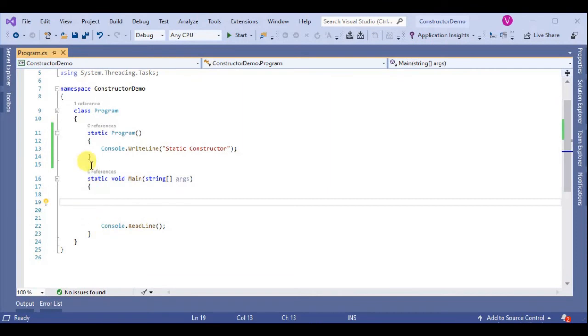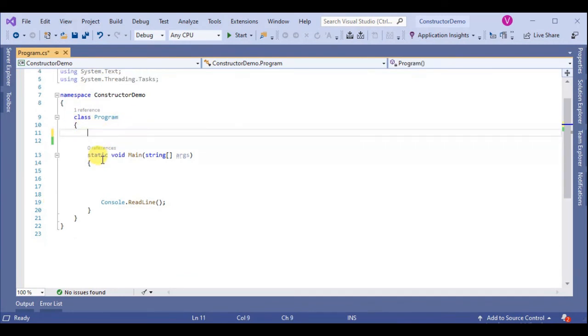So this constructor is implicitly called. So a static constructor is used for initializing static variables. Suppose we remove the static constructor here, and now we declare a static variable, int i.